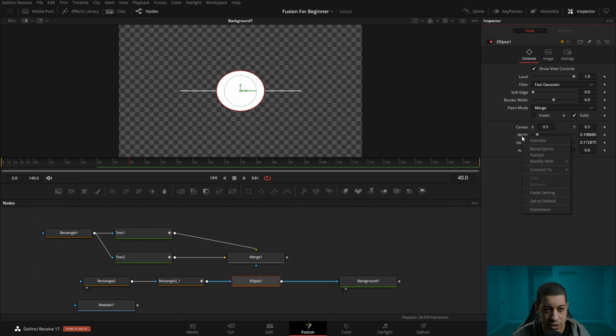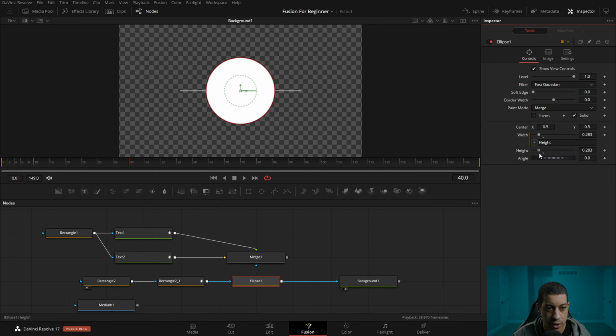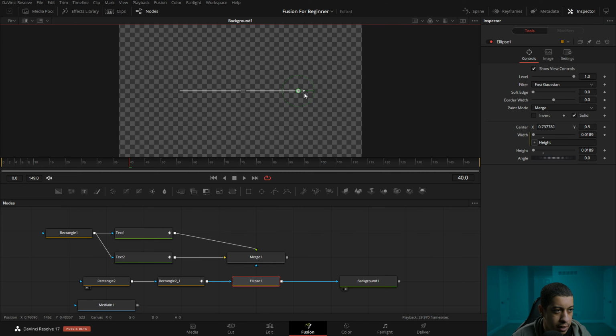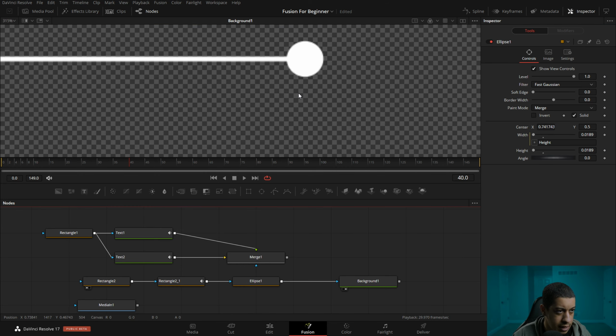So what I like to do is just right click in here, expression, and then just drag down to height. And now these are working together and I only have to move one slider and keyframe one slider. So I'll bring this down to about that big and we'll bring it all the way over. And I'm going to zoom in